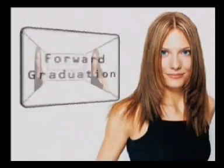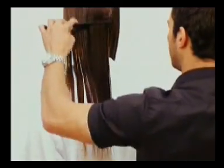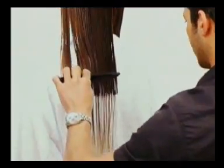The forward graduation technique is a combination of the one-length cutting technique in the back and face framing graduation at the front. The one-length line is cut using the one-length cutting technique, which can be viewed on tape 1 of this series. But to briefly recap the one-length technique,